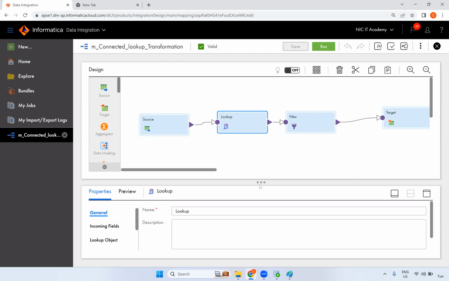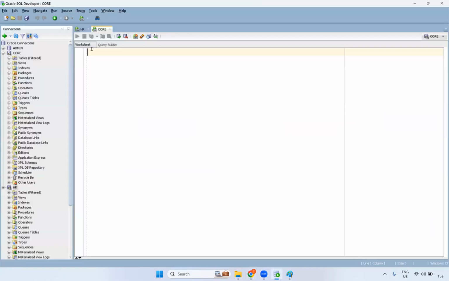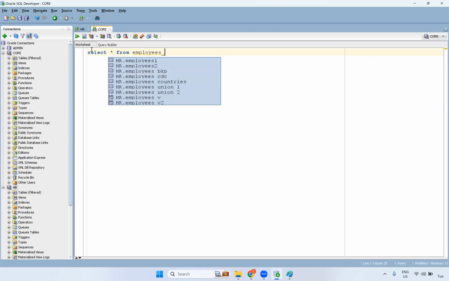The same one, you can go for an unconnected lookup. So what is that unconnected lookup? For example, with the same lookup, if I want one more column, one more table, I want to look up. Okay, so this is the table. Assume that I will do this exercise. This is the one I used to give as an exercise. You can do it, but